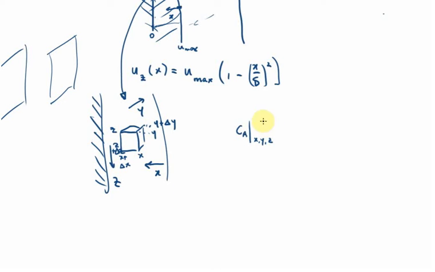So we can say that in terms of the total number of moles in this little box, we can estimate that by multiplying the concentration by the volume of that box. So the volume of the box is, of course, delta x, delta y, delta z. And then we want to know the rate of change of the number of moles in that box. So d/dt of all this, and that's going to equal